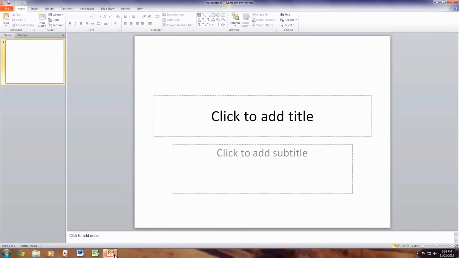PowerPoint, very similar to Word, and actually a lot of the templates are even similar too. This is for creating things like a presentation. Okay, so if you're going to go in front of a large group of people, one thing I do recommend you do is